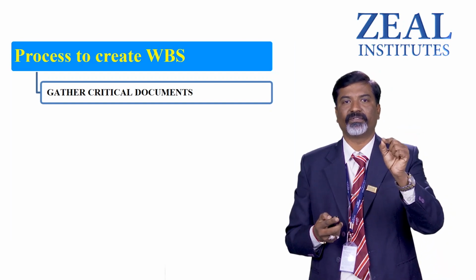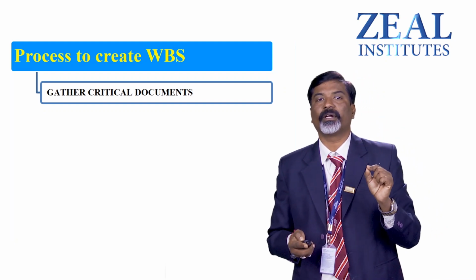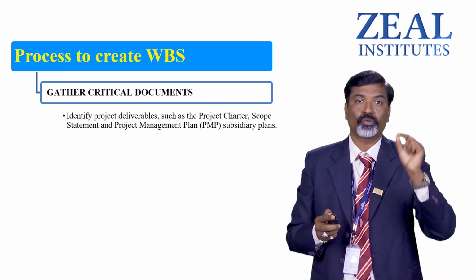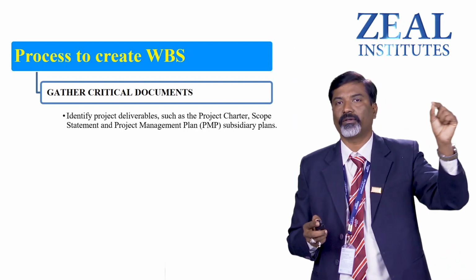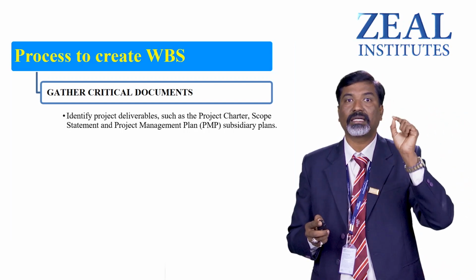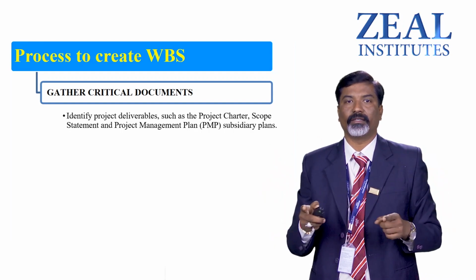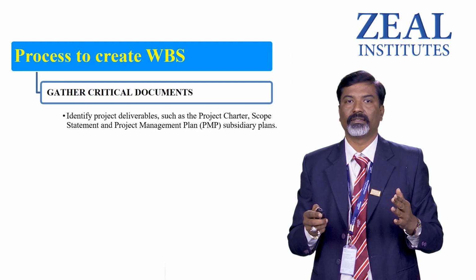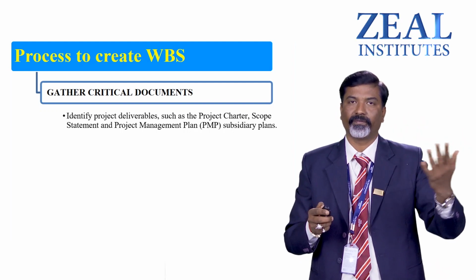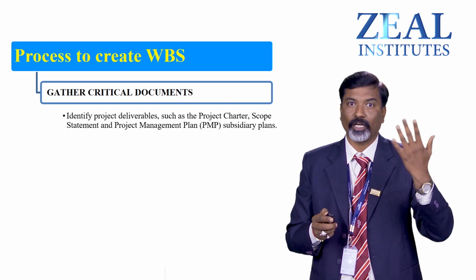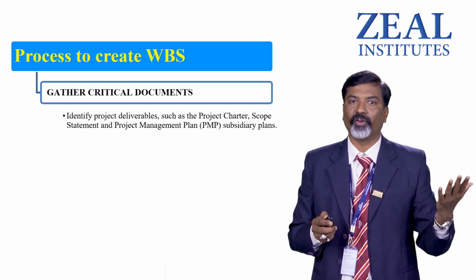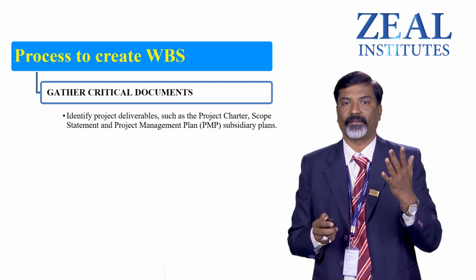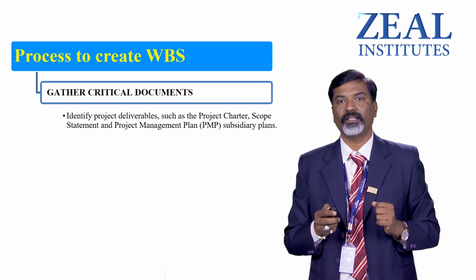The first step to create a work breakdown structure is to gather critical documents. To solve a particular issue or task, one should collect the requirements and some documents for doing that task. The documents may contain project deliverables such as the project charter, scope statement, and project management plan or subsidiary plans,